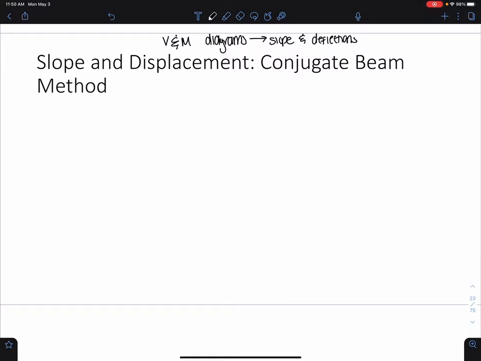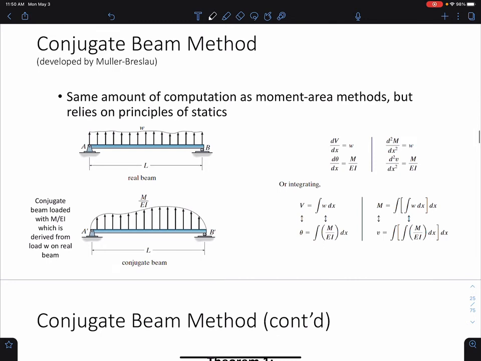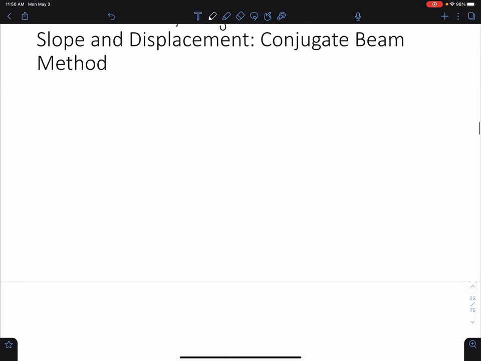Which is pretty cool. Okay, so let's talk about how we connect this concept of shear and moment diagrams to slope and deflection. I'm going to use this blank page, but I also have screenshots from the book here for you to follow along with and summarize what I'm going to write up here. All right, so here is the connection that we're trying to make when we're using the conjugate beam method. Okay, we need to tap back and recall that the